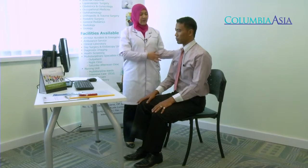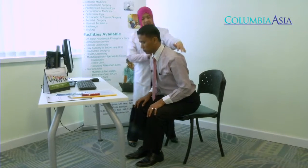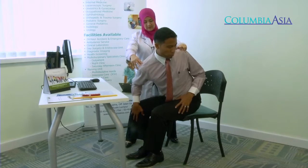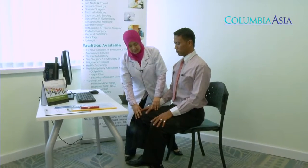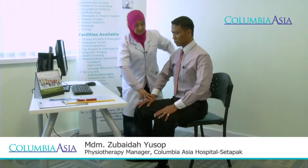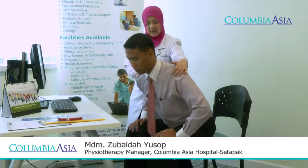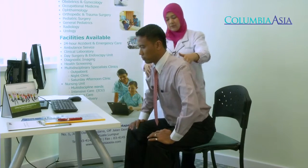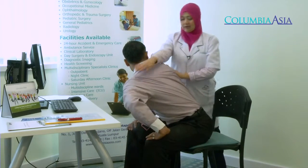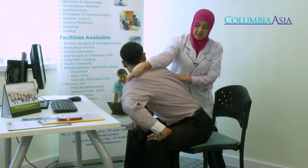The last exercise is about the lower back. The lower back stretching. You're going to move your back forward, okay, and you're going to make some rotations, and you're going to return back to the upright position. So what you need to do is open up your legs sufficiently for you to stretch. Stretch your arm, okay, bend forward, bend from the hip, not from the lower back or the spine, and then turn your body to the side and stretch. Now you come back to here, and then you go to the opposite side, forward and stretch. So you allow some rotation of the spine and of the upper part of the body right here, and come back and upright. Breathe in